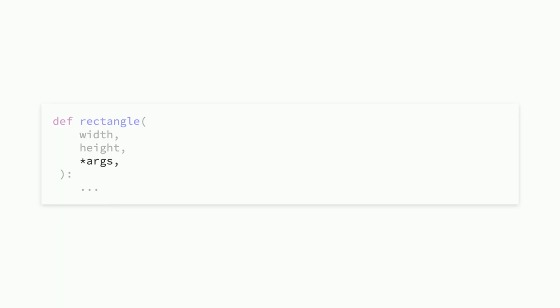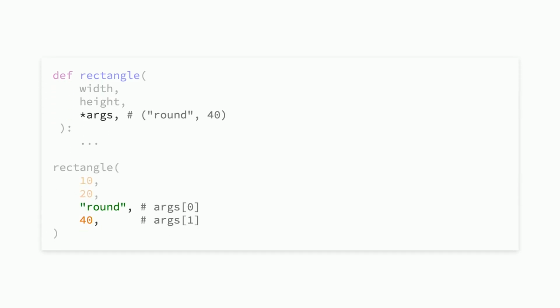And so we can use star args, which is like kwargs, but for positional arguments. Args then appears as a variable that holds a tuple of all of these extra arguments that were passed in. And it's worth noting, by the nature of star args capturing all of these additional positional arguments, that any further parameters must be keyword only.